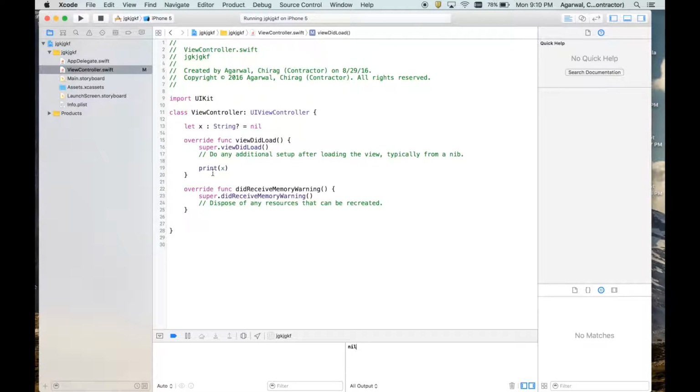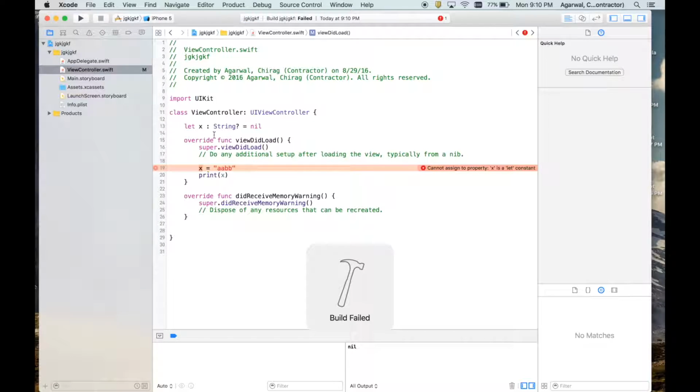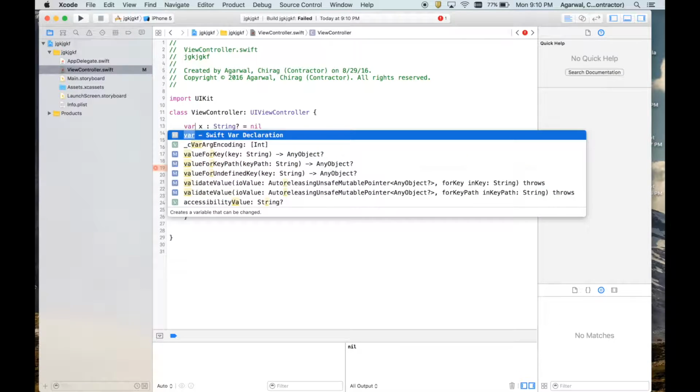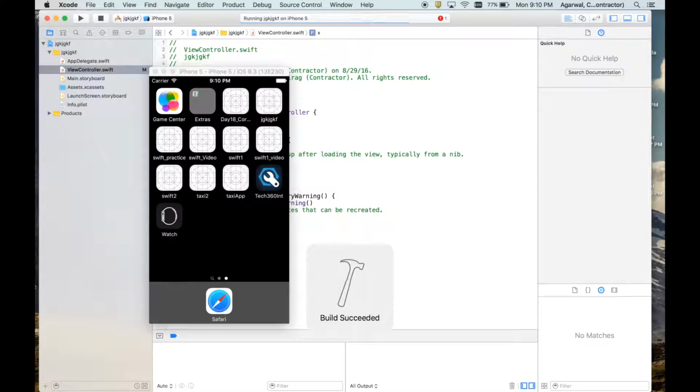See, we tried to access a variable which did not have a value and the app did not crash. That's the use of optionals, that it has a value or it does not have a value. So if we make x equals AABB, just a random thing, and then you try to print it out. Okay, we have to make it var because it's Swift.